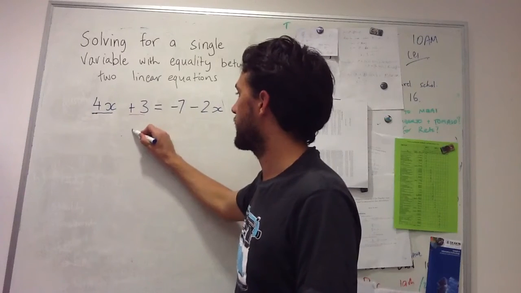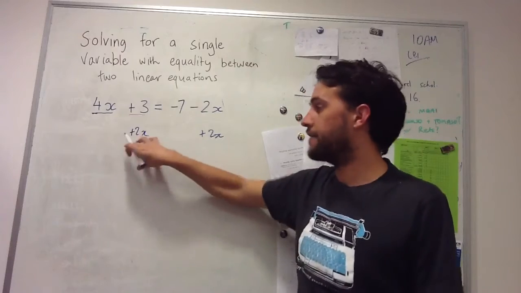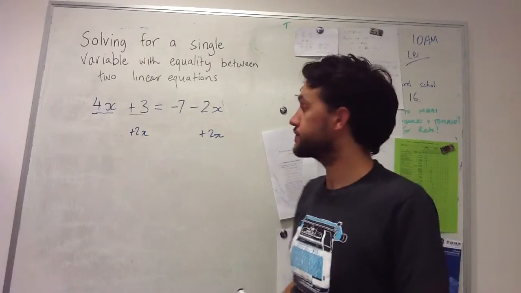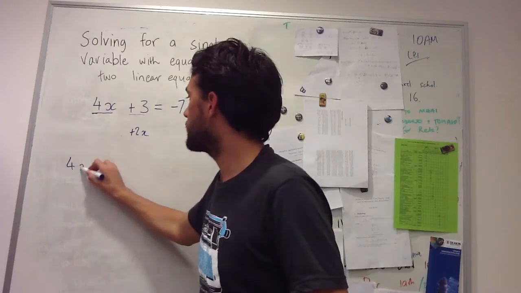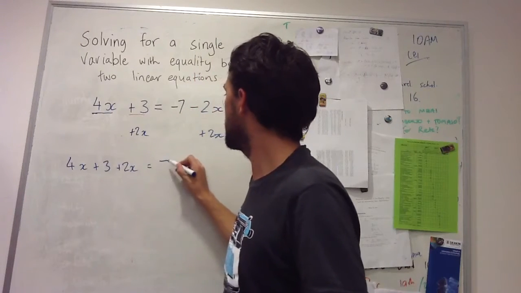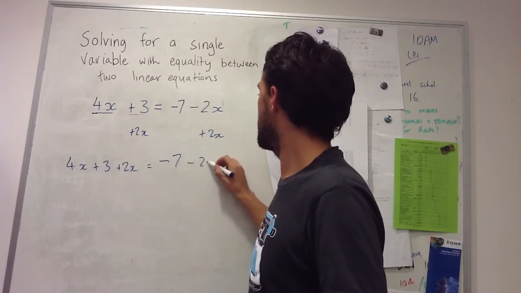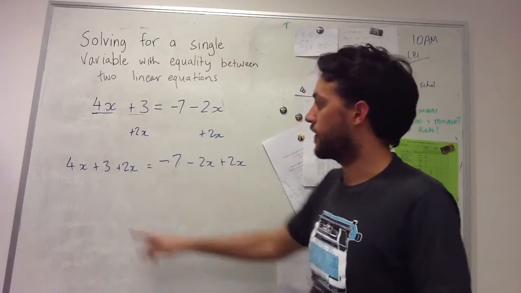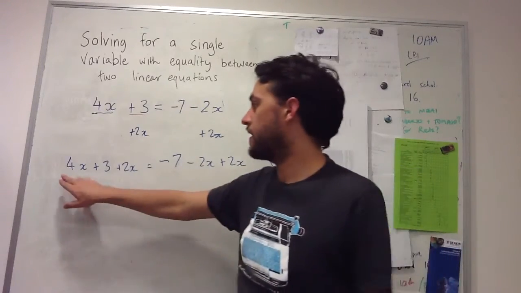I say, okay, I'm going to add 2x, add 2x. I have to do it to both sides so that this equality still holds. So I'm going to add 2x to both sides. I can rewrite everything out as it is here. On this side of the equation, I'm going to group the like terms together now, so I can add 4x